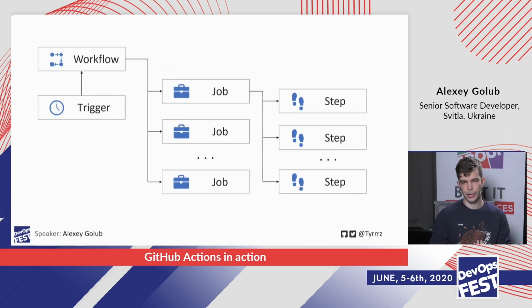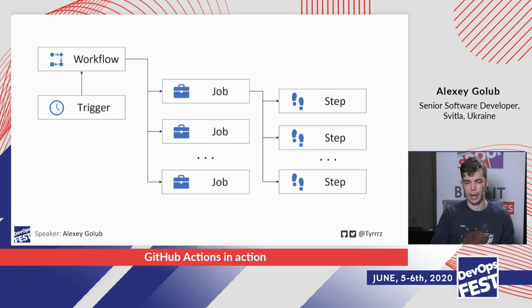And from a configurational standpoint, the way it looks is that you have a workflow. So a workflow in GitHub Actions is sort of like a top-level structure in configuration. And it's bound to some trigger. And a trigger is one event or maybe multiple events. There are some other types of trigger that we'll get into later.